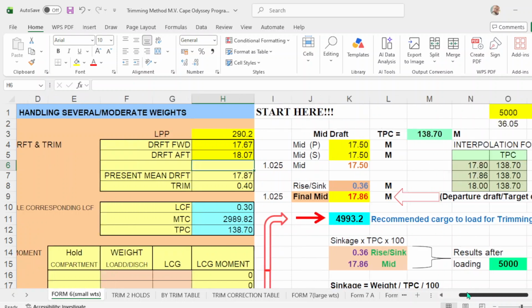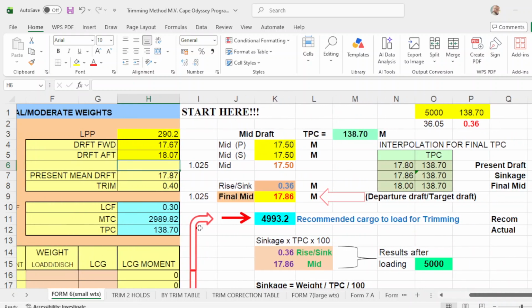Now, the actual draft reading at mid port, let's say is 17.87, and the actual reading at mid starboard is 17.87, which is no list.